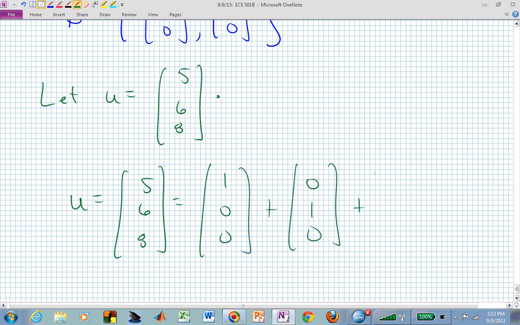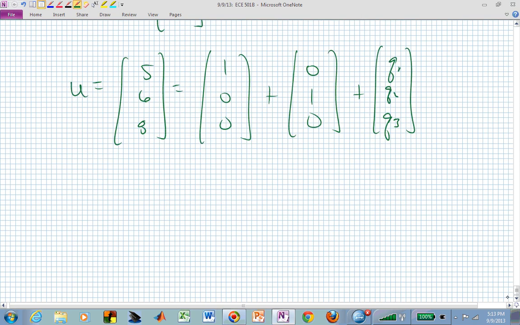That's my B plus some Q. And if I do the algebra and just remove the B's, I end up with Q1, Q2, and Q3 being 4, 5, and 8,